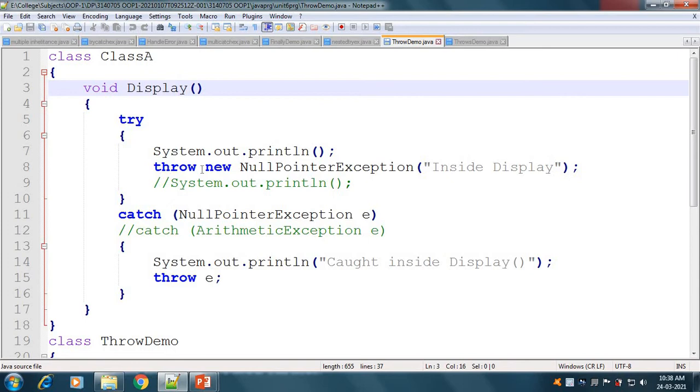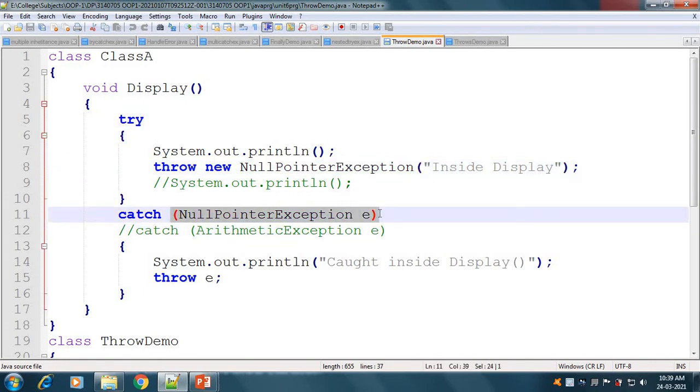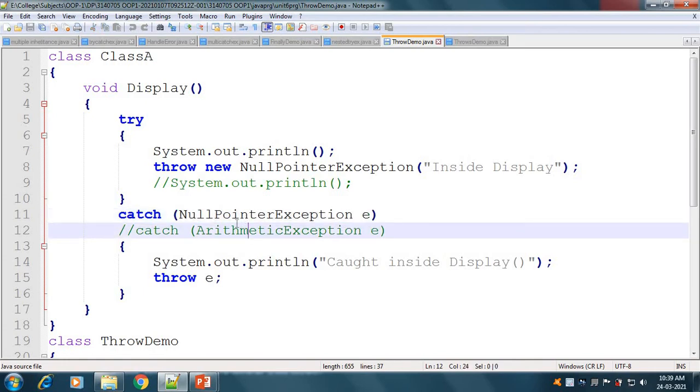Okay, so if we throw an exception here, then we will have to catch that exception in our catch block. If we throw this new null pointer exception here, then in our next catch block we handle the null pointer exception. Okay, so this is the try and catch block.